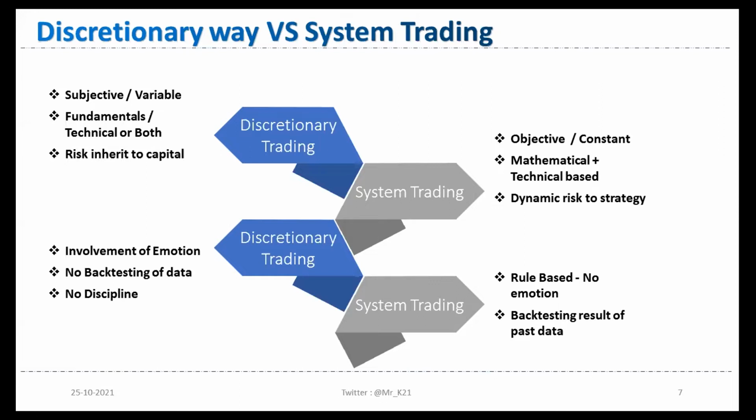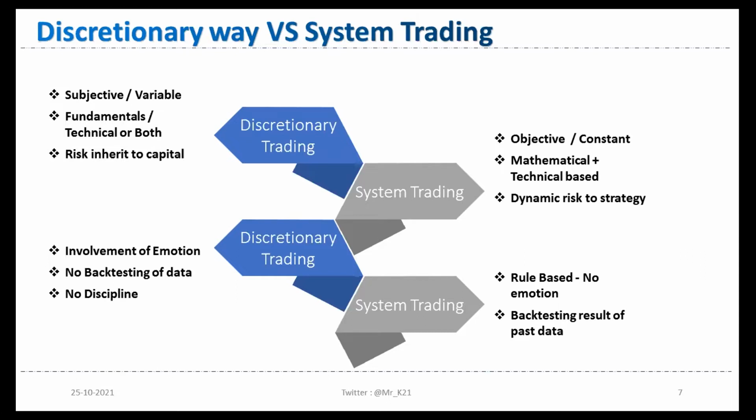After that, the discretionary way doesn't have any kind of backtesting or data-backed system, right? As I said, you have found a certain setup on the chart or a certain setup in the data, but emotions come into the picture and there is no discipline, so you are not able to backtest your trading journey, and based on that you cannot come to any conclusion. If you follow this setup or that setup, then what is the strike rate, what is the drawdown ratio, etc. These are all important parameters when you think about starting any kind of trading system.